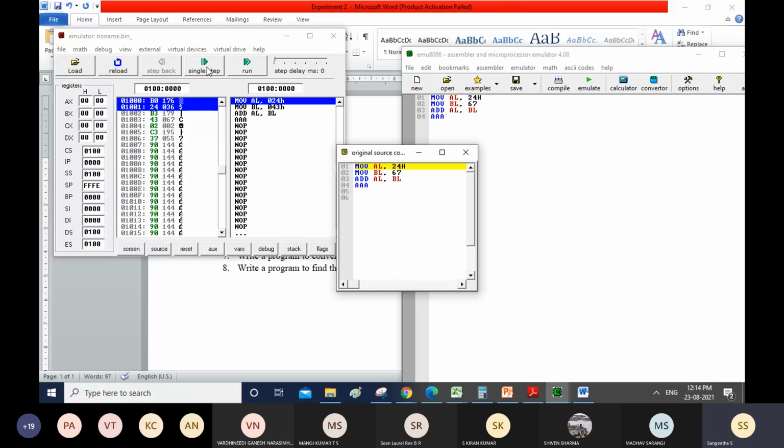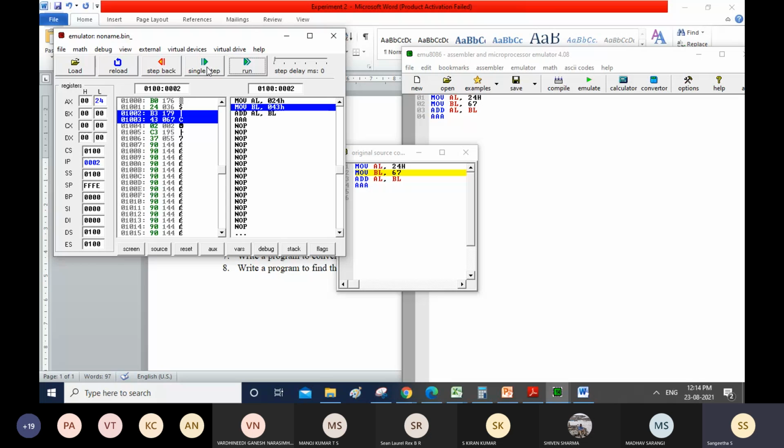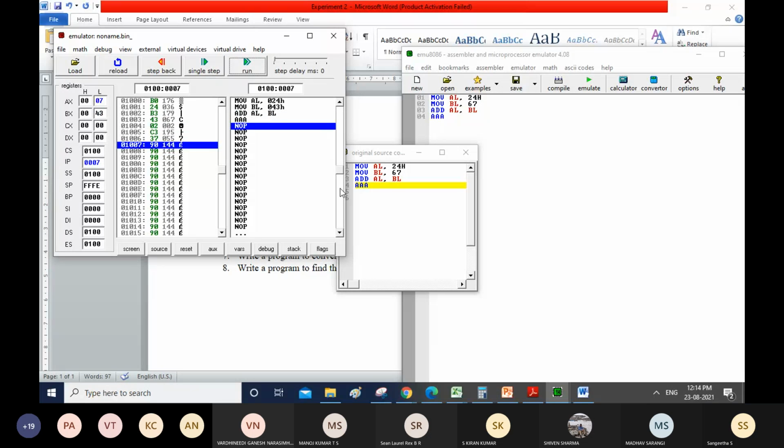First 24 is saved in your AX, that is the lower value, and the addition is performed after this instruction. Once you execute this AAA, it will be changed to unpacked format, that is 07 is stored. So try to execute these programs.